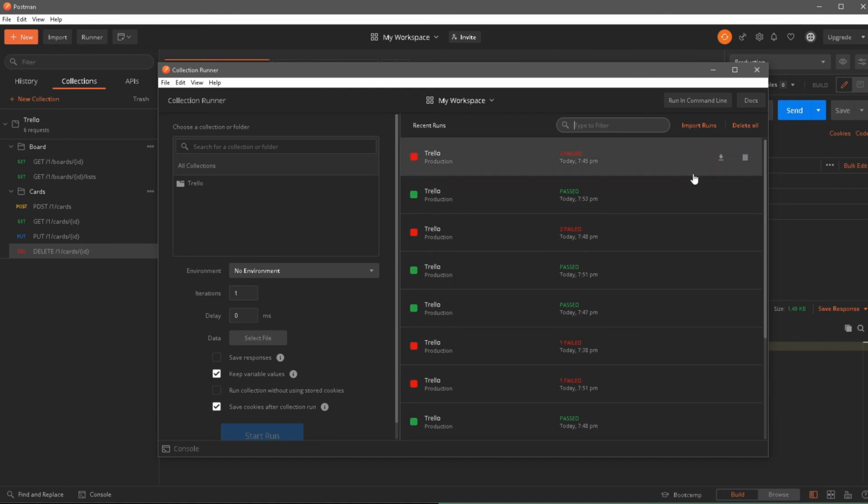So that's pretty much it, guys. If you're working with Postman and if you have created some API requests, I would highly recommend that you create collections and at least run the collections this way. This will save you a lot of time and you won't have to manually work with each request and keep hitting them to do your regression testing.